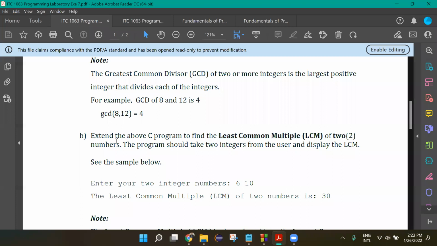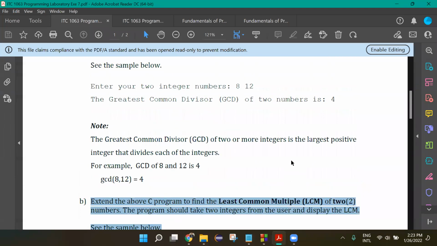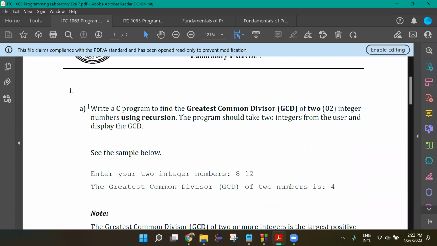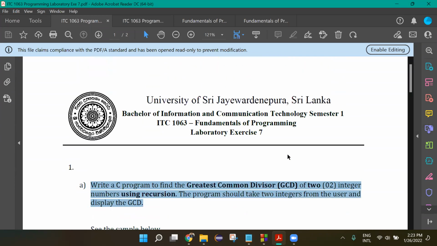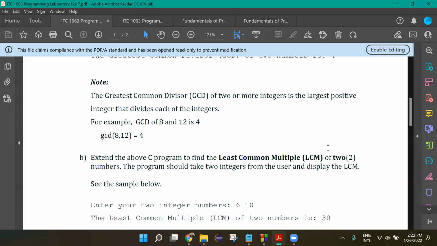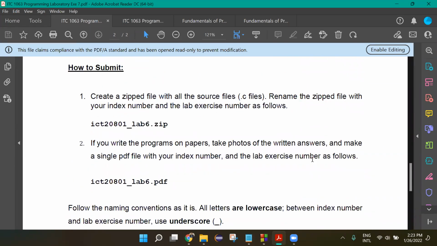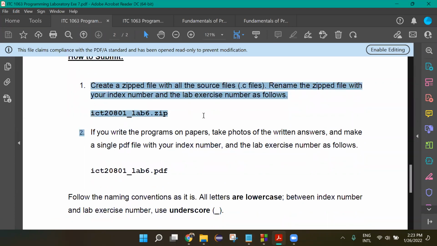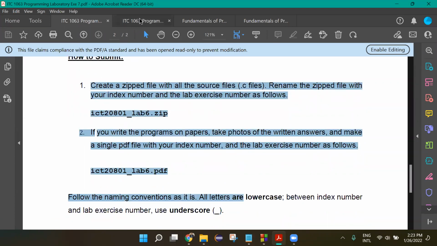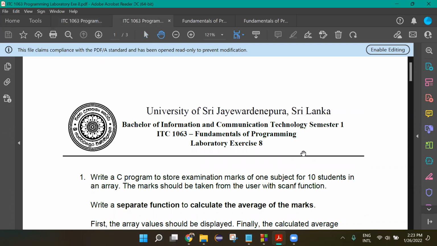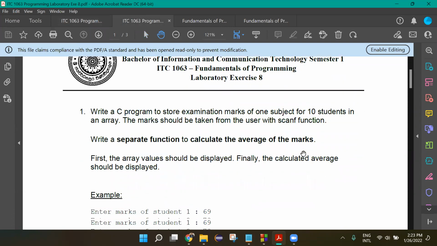So you can use a regular function for this one, but the GCD one has to be recursive. Usually you have to follow all these rules and naming conventions, and then the next one, lab exercise 8,